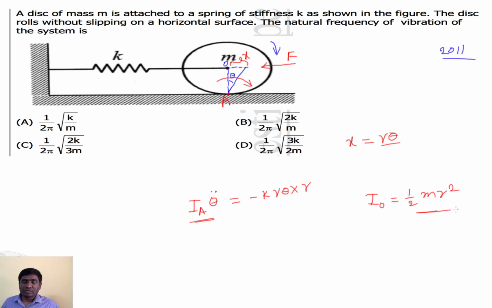Actually this is the moment of inertia of a rotating disk, and instead of a disk, if you have a ring, then the half will go, and this I naught equals m r square. So these formulas we will deal with when teaching engineering mechanics. But we need IA, which is a parallel axis to the IO. So again we will apply the parallel axis theorem, that is IA equal to I naught plus m into r square. Here half m r square and here m r square, this will become 3 by 2 m r square.